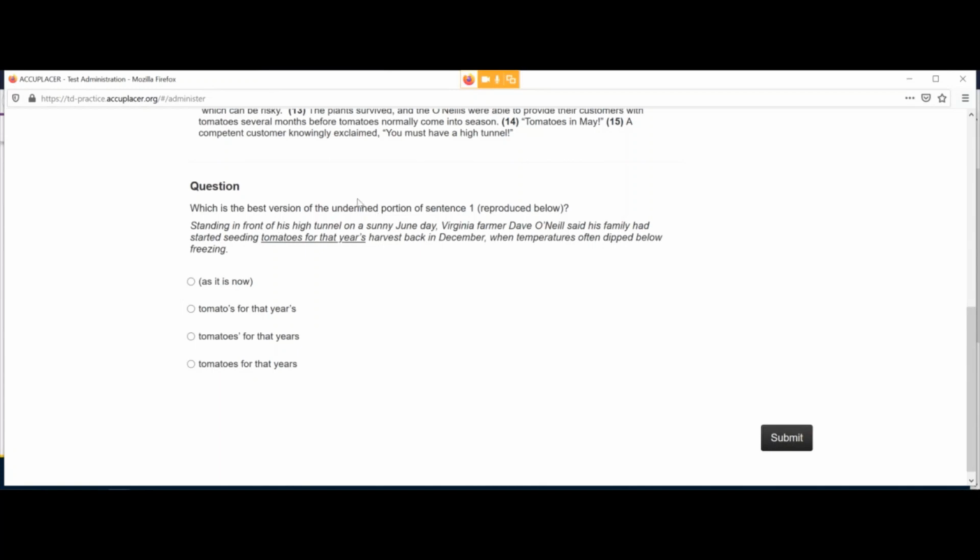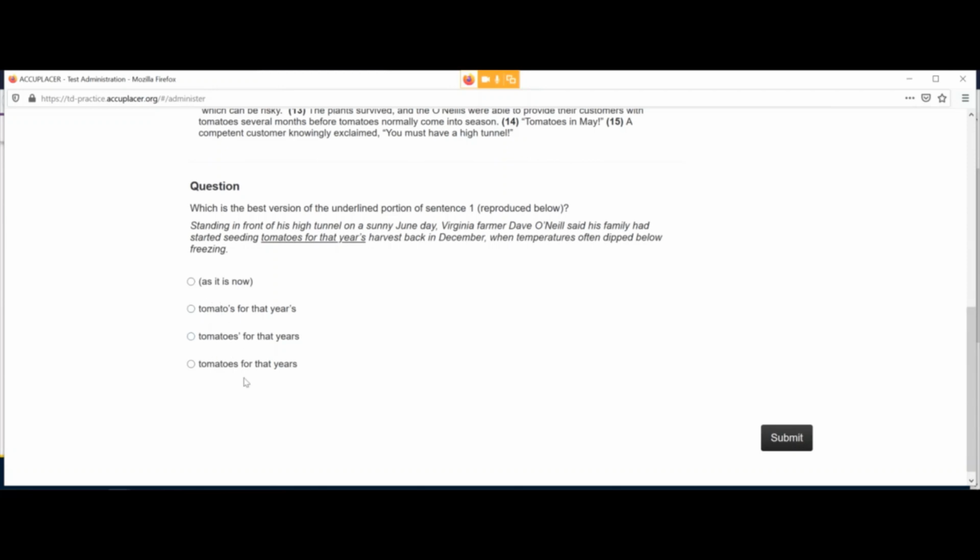Okay, which is the best version of the underlined portion of sentence 1? Standing in front of his high tunnel on a sunny June day, Virginia farmer Dave O'Neill said his family had started seeding tomatoes for that year's harvest back in December, when temperatures often dipped below freezing. Okay, now, what are your choices? Again, we have the ubiquitous as it is now. And then, without even reviewing these carefully, if you know anything about